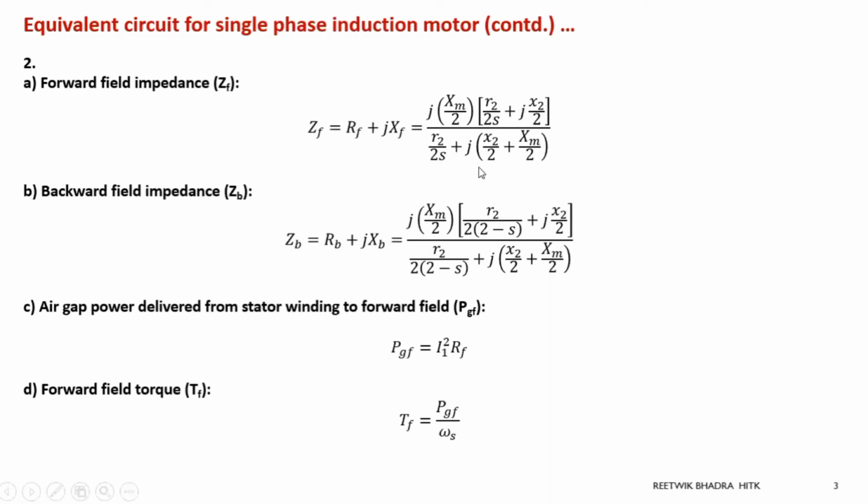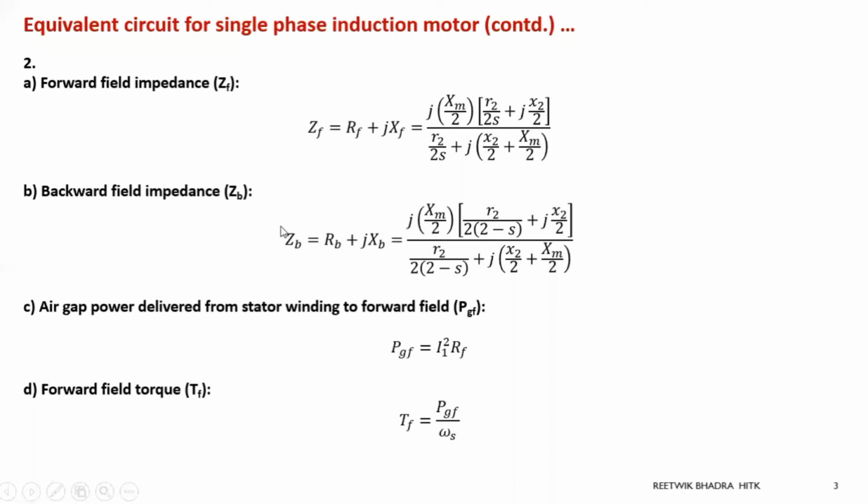Now over here you have to again go for polar conversion or rectangular conversion, because ultimately if you are doing division, your answer will come in polar form, that means A at an angle theta. You need to convert it into rectangular form. You know this calculation, I am not telling you again. So A at an angle theta will be converted into A plus JB, where A will be your RF and B will be your XF.